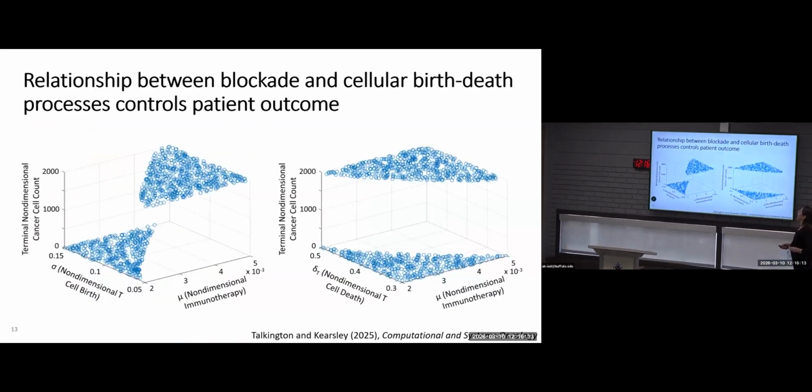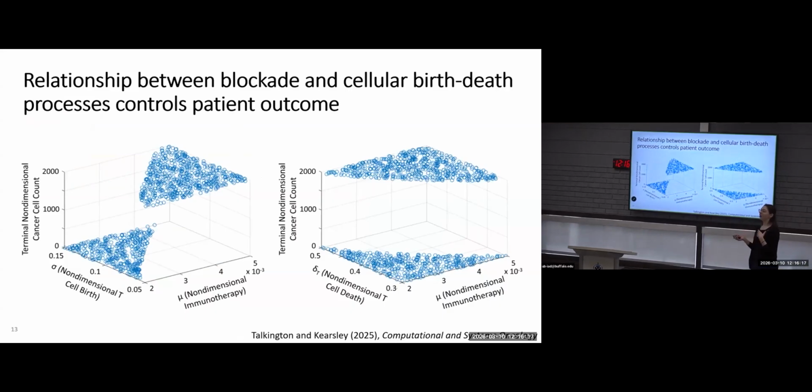We also noted that there's a relationship between our cell birth and death rates, or specifically our immune cell birth and death rates in our tumor microenvironment, and the immune checkpoint blockade, essentially indicating that there is some critical threshold of immune activity that would be necessary in order for this checkpoint blockade to remain effective, which does really kind of make sense if you think about it.